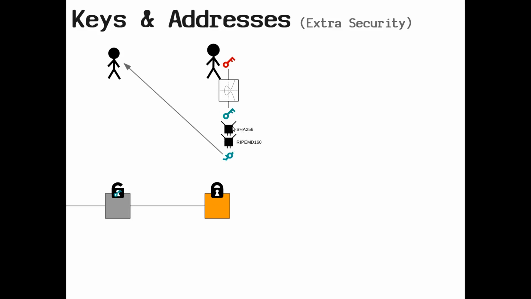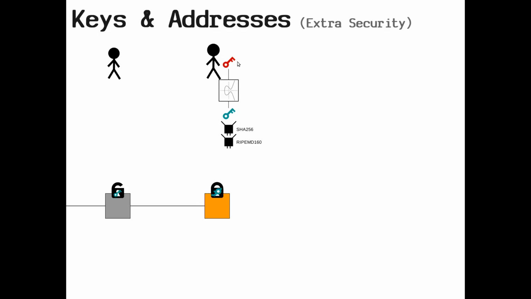And then what you do is give that hashed version of the public key to other people instead of the standard public key. So this is like a scrambled version of this public key. You give that to other people, and then they'll actually put these in the locks. So what that means is, whilst this hashed version of the public key is in the lock,